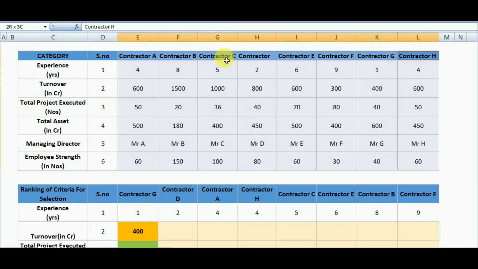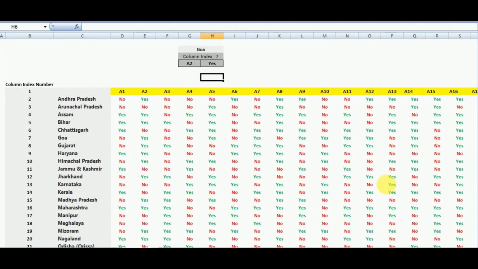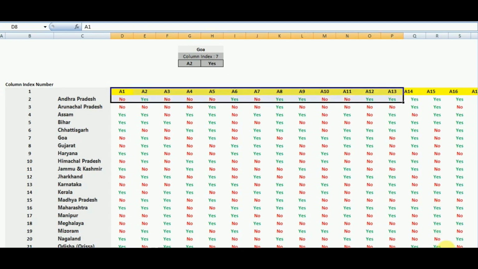Now again, the rules are similar to the VLOOKUP. We need to identify the lookup value, the table, and the row index number. Also, the first row must have the lookup value. Now let us see all these rules and implement them in this exercise.